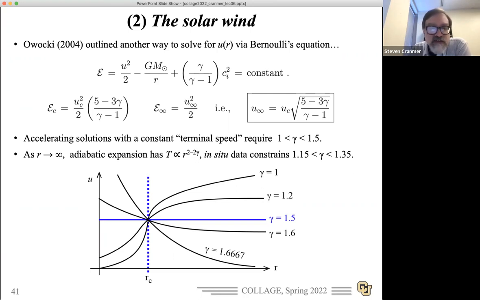Question in the chat about, is it a coincidence that the critical point is right around where the source surface is at 2.5 solar radii? You know what? I don't think it is a coincidence, but it's surprisingly difficult to actually work out the full chain of events that would cause the solar wind to be pulling out the magnetic field into this radial direction